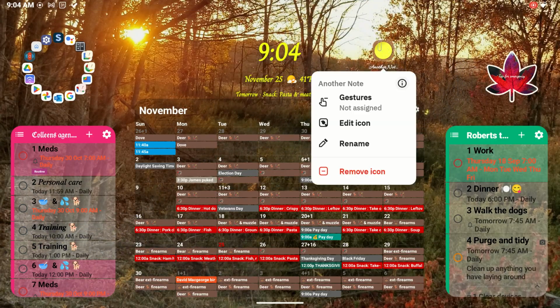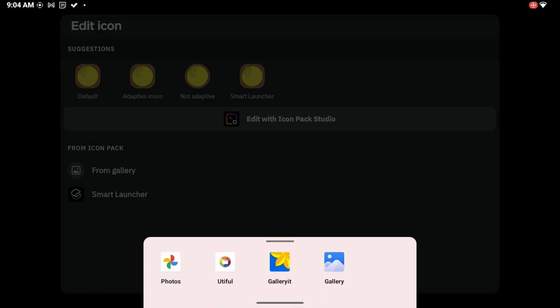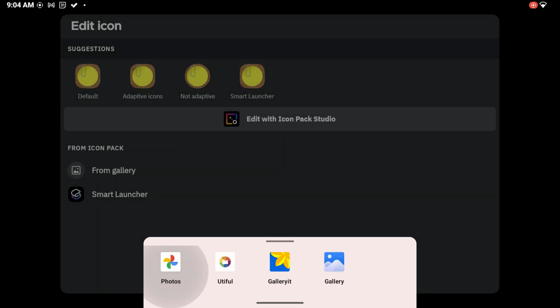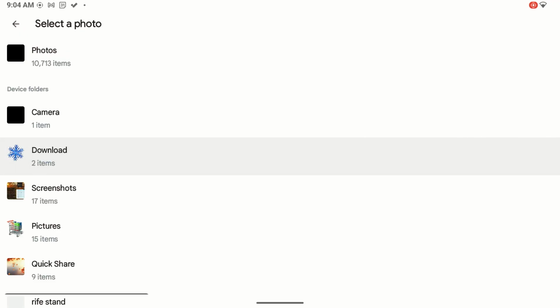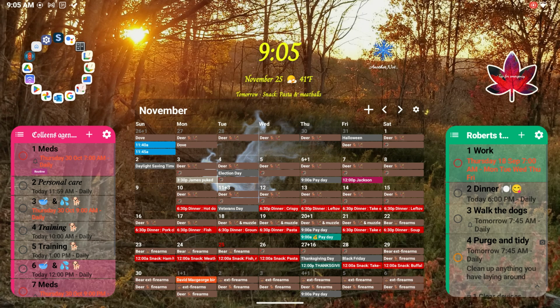and I'm going to edit that icon, and then I'm going to choose something from the gallery. Let's see, I'll go into photos. I downloaded this previously, so I'll change it to that. I probably should have changed it. Now it gives you a choice. Do you want this so that it shows up with the white background? Do you want it so that it fills the whole screen, the icon zoom? I happen to like the originals where they come in like that. And again, that one will end up going on my Christmas scene instead of this. So just because I want this